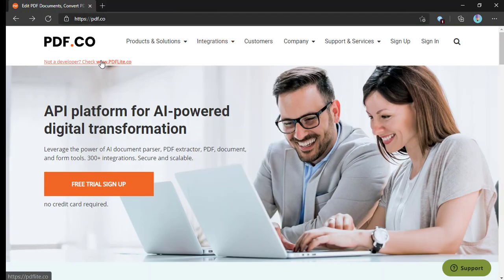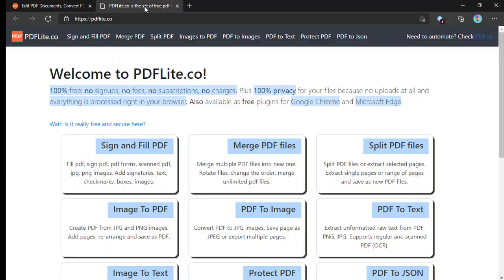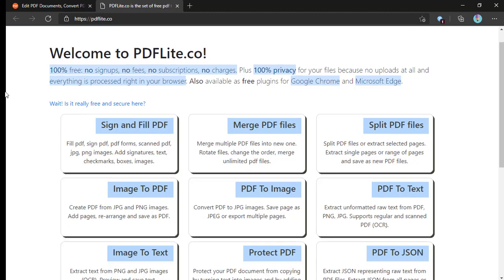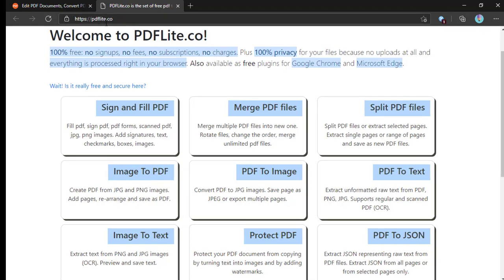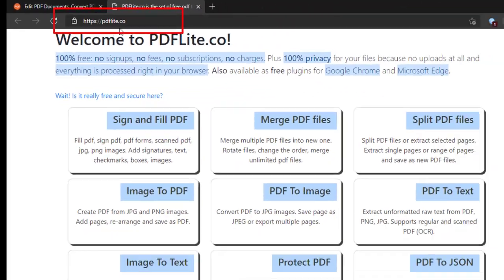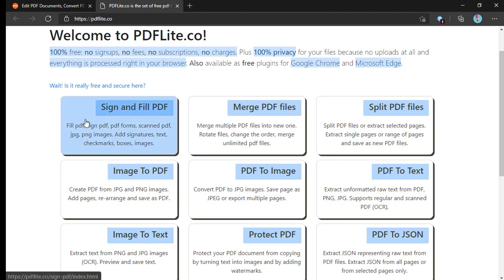And if you are just an end user looking for a tool to do various PDF-related activities, such as merging PDFs, splitting PDFs, or converting PDFs to various formats, then you can come to this free website developed by ByteScout and PDF.co. It's named pdflite.co.